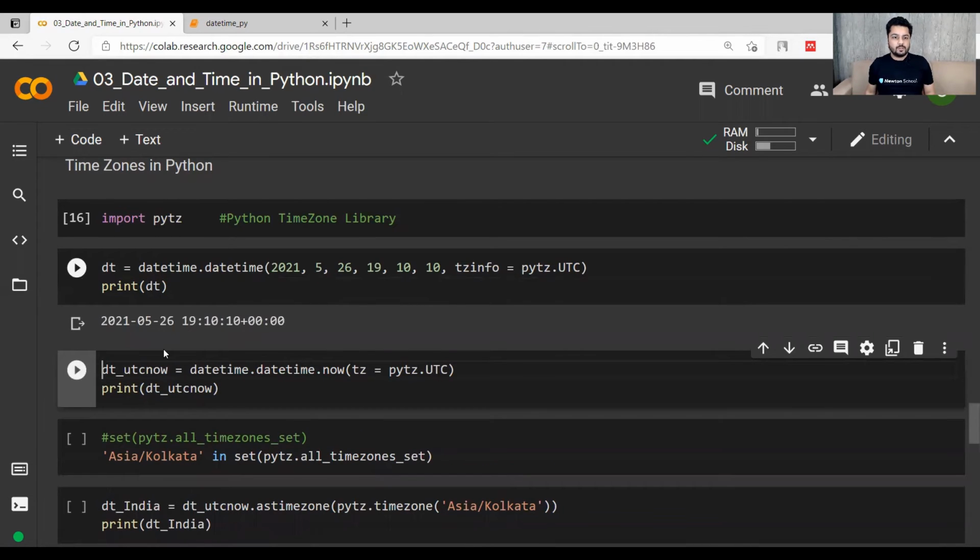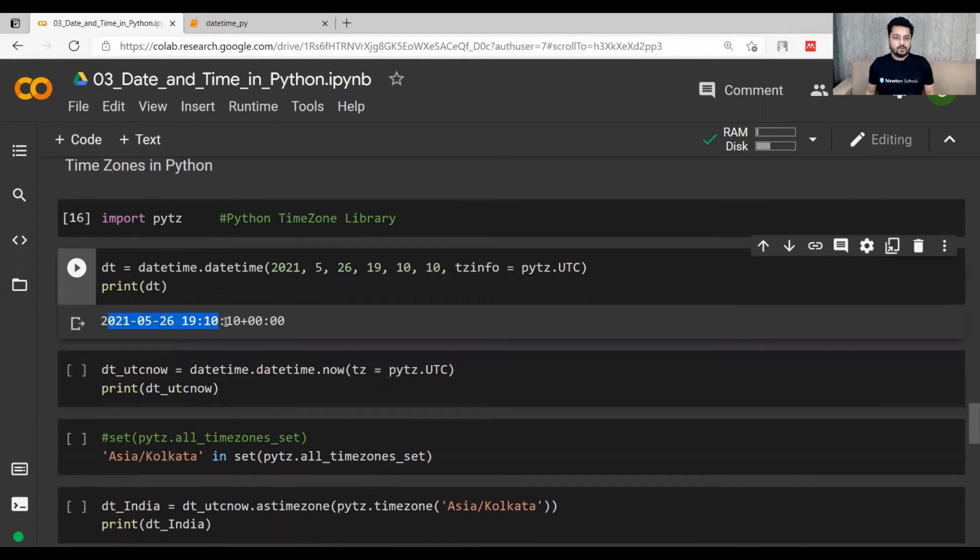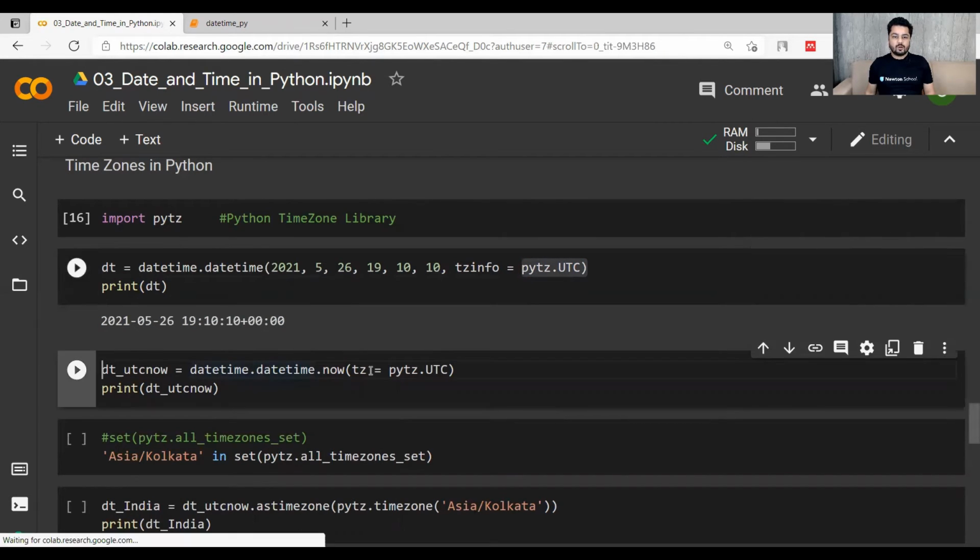So what does it print? It shows me the time which I gave, and using this Python time zone library as UTC, it gives me plus 00:00. If you want to print, let's say, the value of UTC now, you have to use the function datetime.now, which I told you will be used with time zones.